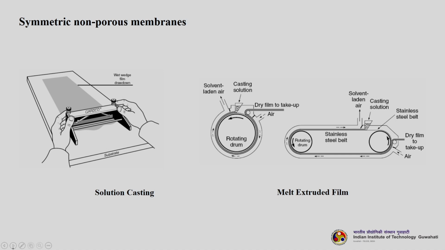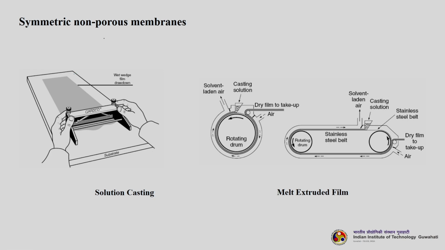You take a polymer sample, basically a solid, and dissolve it in a solvent in which it is completely dissolvable. So, you get a solution which is called polymer solution. Then you cast it on a plate, something like what is being shown here. It can be stainless steel or a glass plate. Once you cast it, there is a roller type of arrangement with a knife, then evaporation will take place. The material will settle down, and the blade will decide the thickness of the membrane. So, it is a very crude way to prepare a symmetric non-porous membrane, called solution casting.